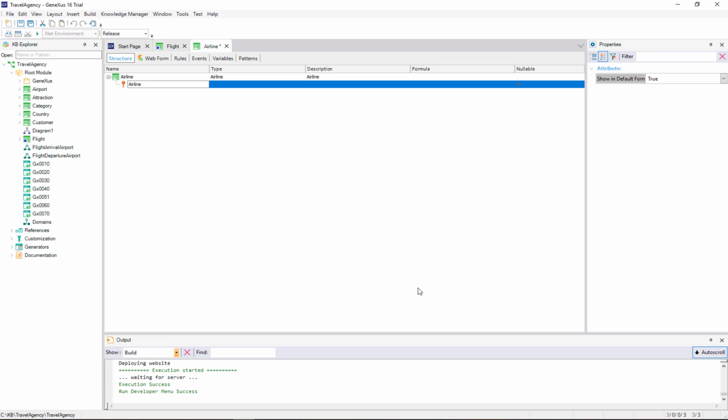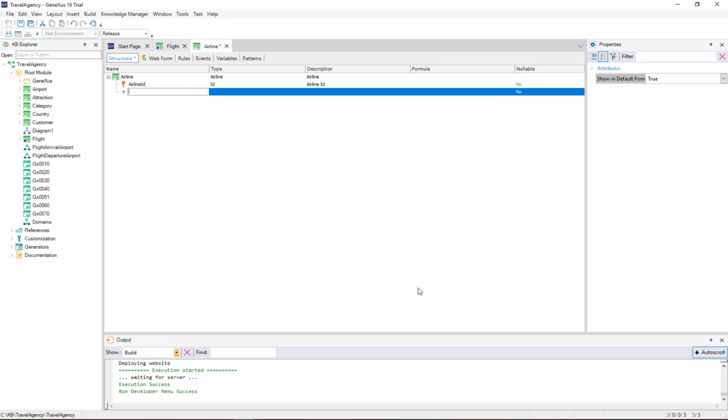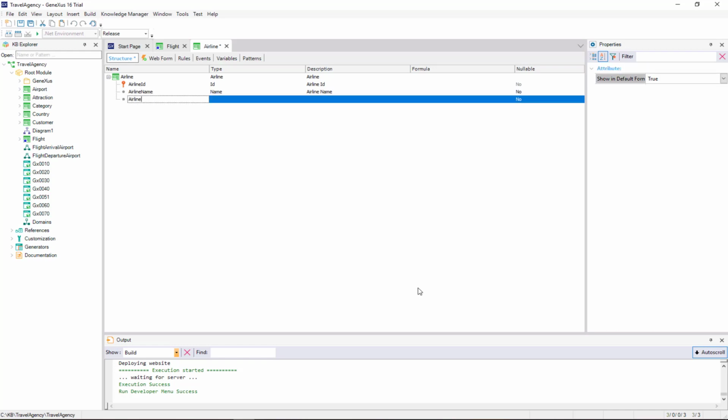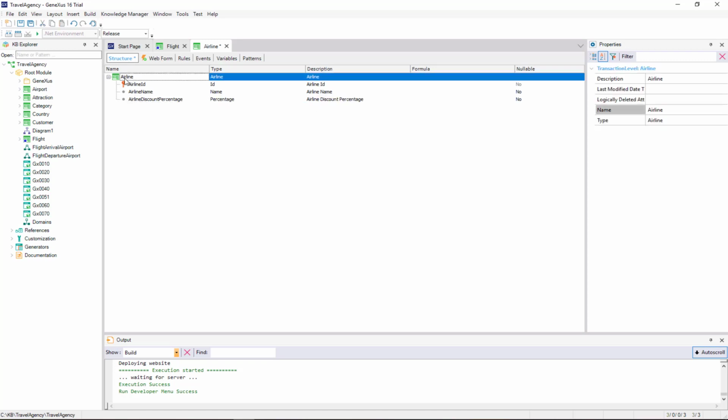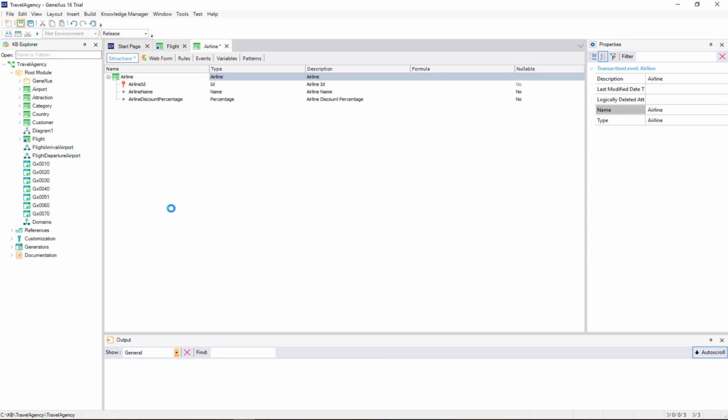So we type airline ID, airline name, and airline discount percentage to record the discount made by the airline for all its flights.